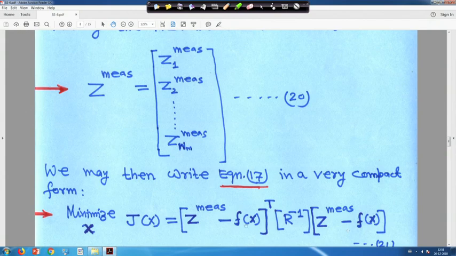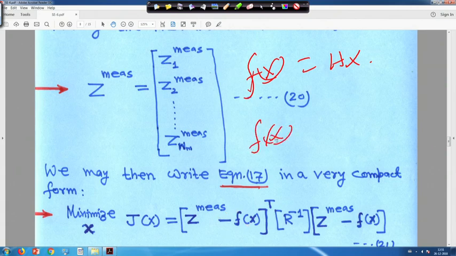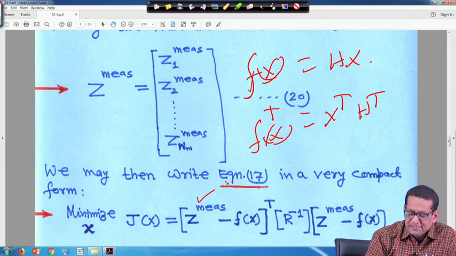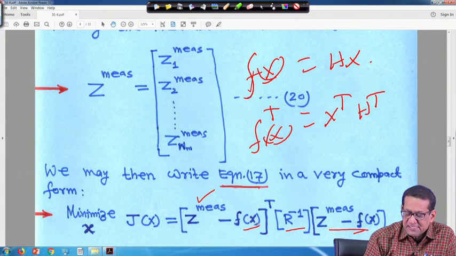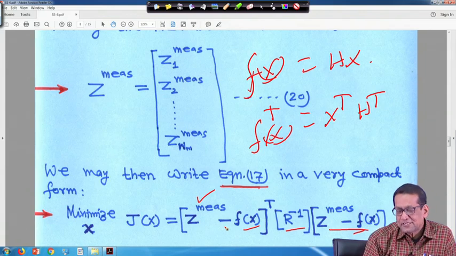Another thing is that f(x) is equal to h x; here I am putting it, because later I have written directly that f(x) is equal to h x. Then when you take the transpose, z measure transpose minus f(x) transpose, and f(x) transpose will be x transpose h transpose. You put all these things in and then multiply, but note that this is all a vector, and that is a matrix. So when you multiply z measure minus f(x), where f(x) equals h into x, multiply everything carefully; do not multiply the way you do (a minus b) into (a plus 2b), not like that, right.